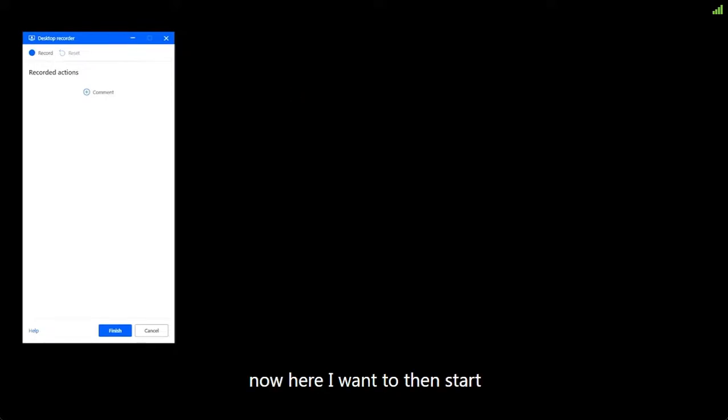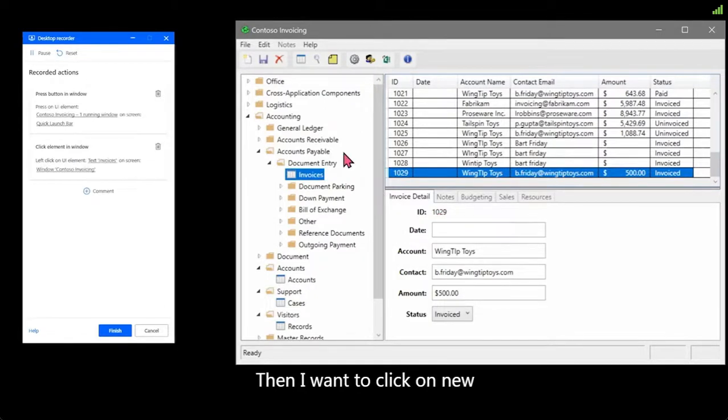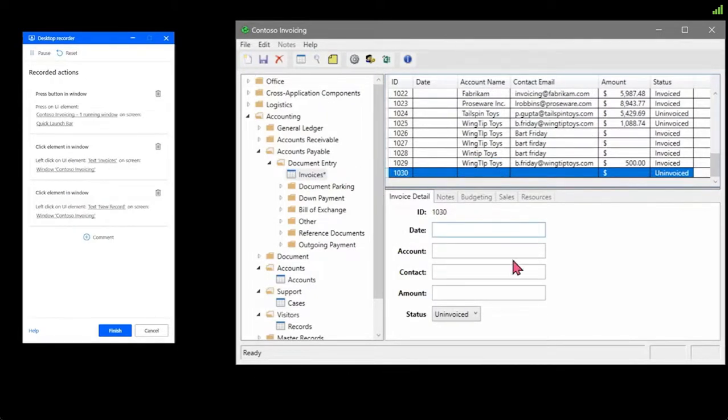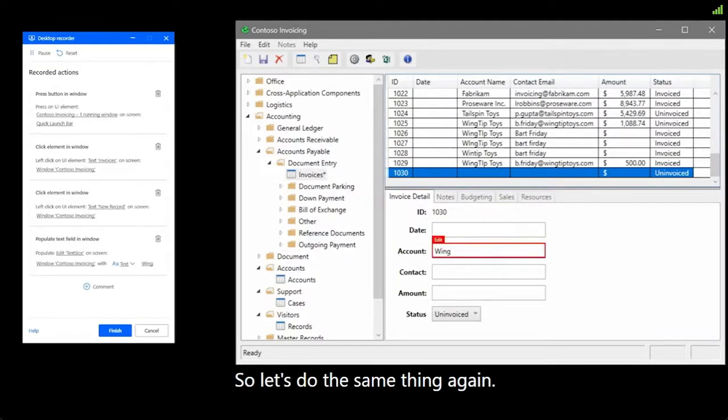Now here I want to then start recording my process. Okay, it's the one which I want to optimize. So what I'm going to do, I'm going to click record, and then I'm going to open up my invoicing application, and then here click on invoice, then I want to click on new, and then give some date, and then here we have got the account name. So let's do the same thing again. So Wingtip Toys,